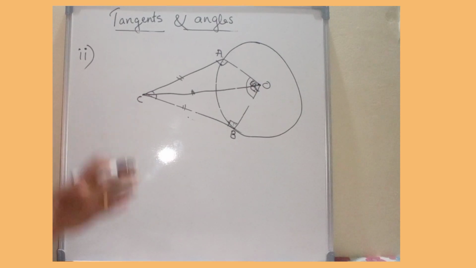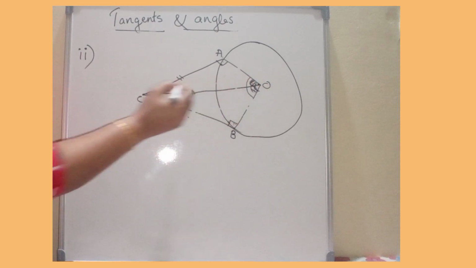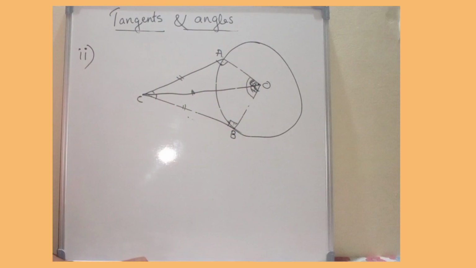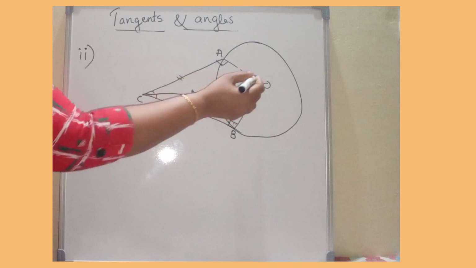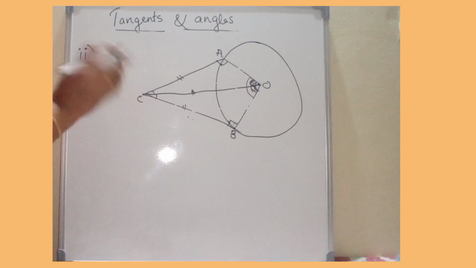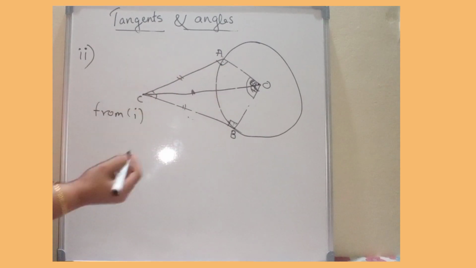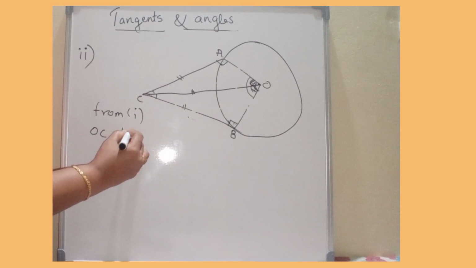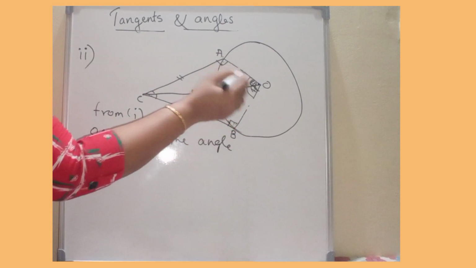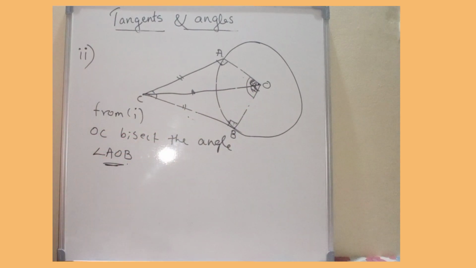From the first part of the question itself, we have these two angles are equal. That means this line OC divides the angle into two equal parts. Therefore, we can say that OC is the angle bisector of AOB. Okay, no need of another proof. So, from the first question itself, we have OC bisects the angle. Which angle? The angle between the radii, that is this AOB. Okay, angle AOB. Hence the proof.